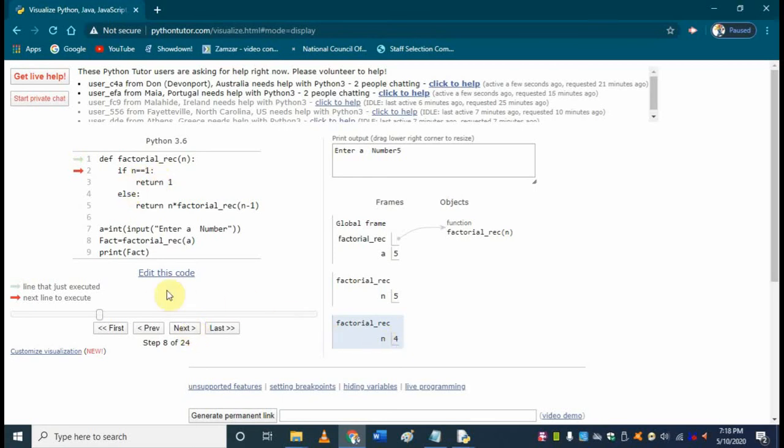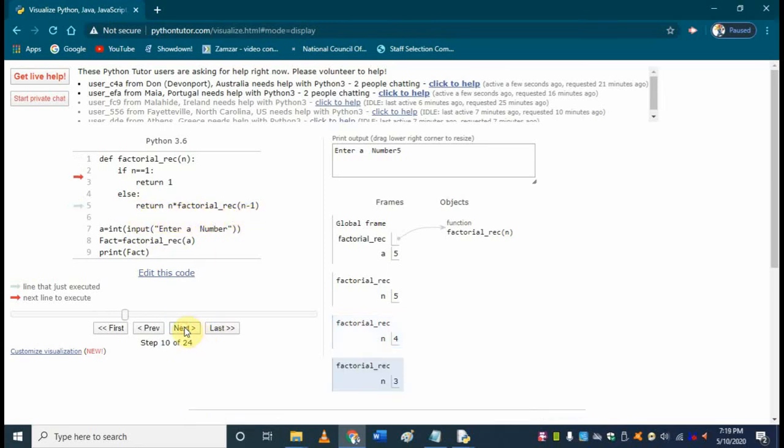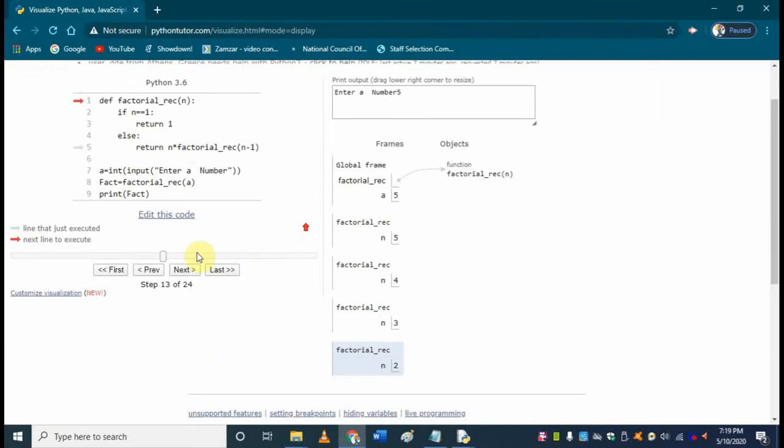No. Again it comes to the else part: return n into factorial recursion of n minus 1. Now in this case n is equal to 3. Again it is calling the same function for 3, and testing it, it is not 1. Again it is creating another frame, n is equal to 2. Fine. And then again it is testing whether it is 1 or not. No.